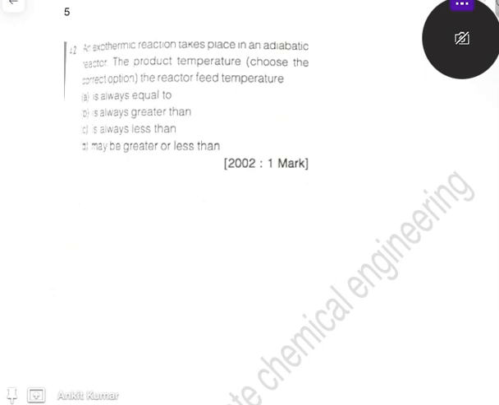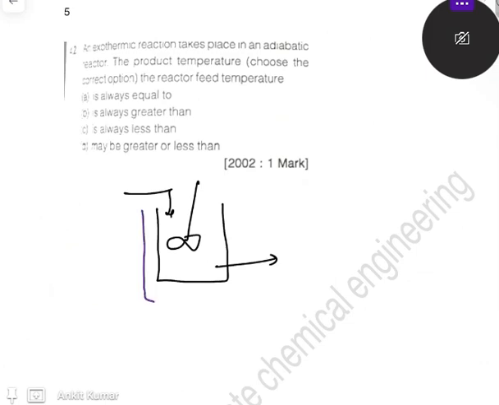You can see that an exothermic reaction takes place in an adiabatic reactor. The product temperature. Since any reaction, let's say if you have a reactor, is happening in an adiabatic reactor, right? In adiabatic condition, you are not supposed to remove the heat. So whatever heat is being generated inside the reactor will be there. So if an exothermic reaction is there, and this is T naught and this one is T,